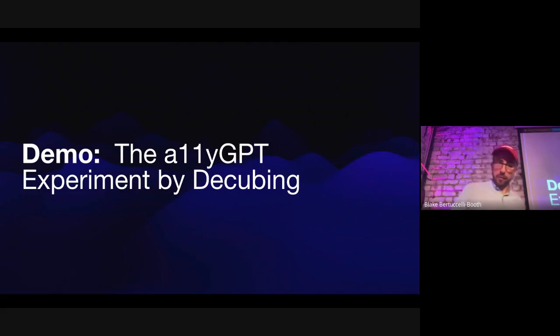So speaking of that, since I have a product, I want to show you a quick demo of a new product that I've been putting together. It's an experiment, a very early experiment right now. I'm calling it AliGPT. And my company Decubing has been experimenting with this. Basically what we're trying to do is see what a large language model can do to help us understand if source code is